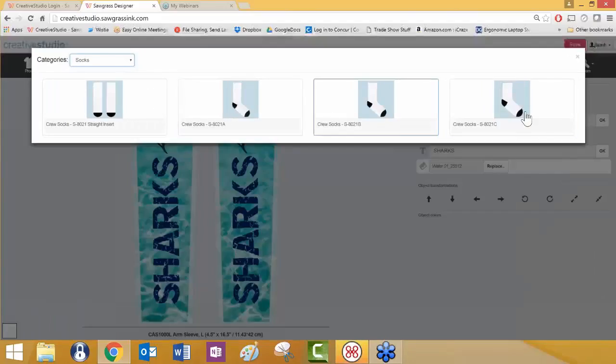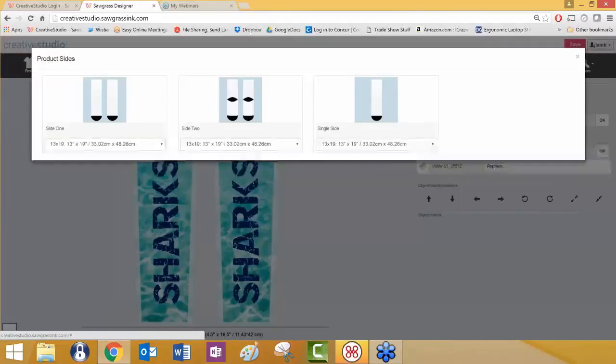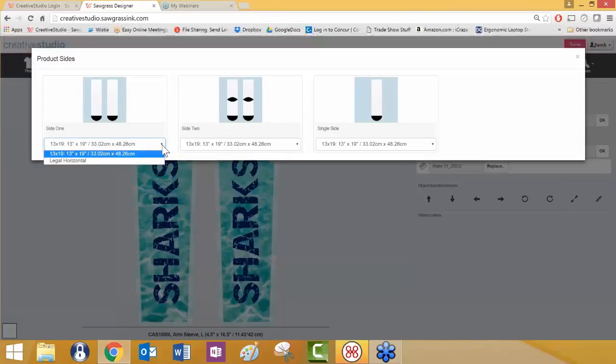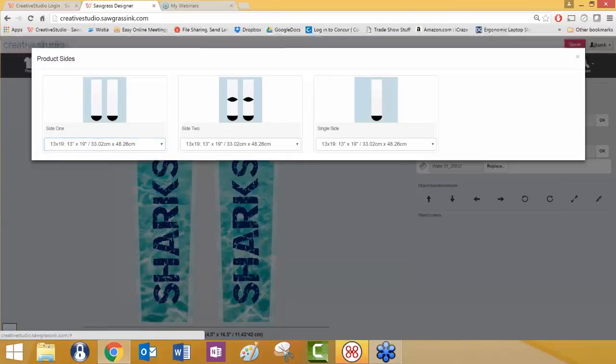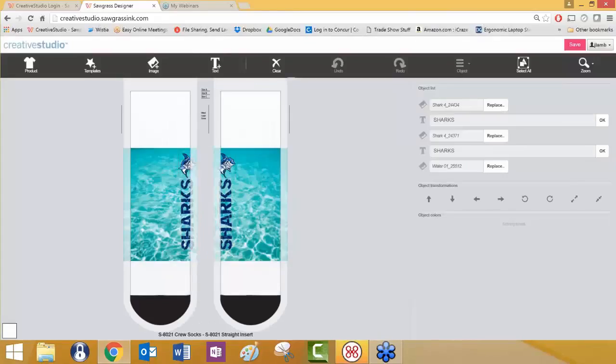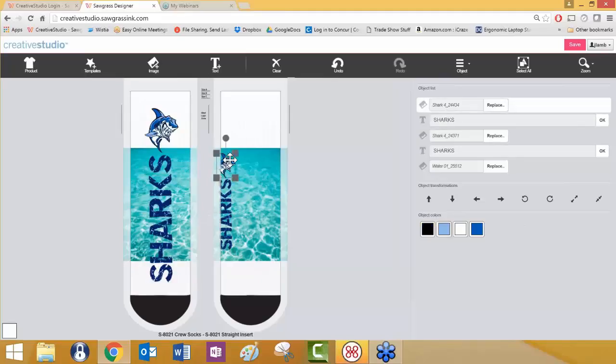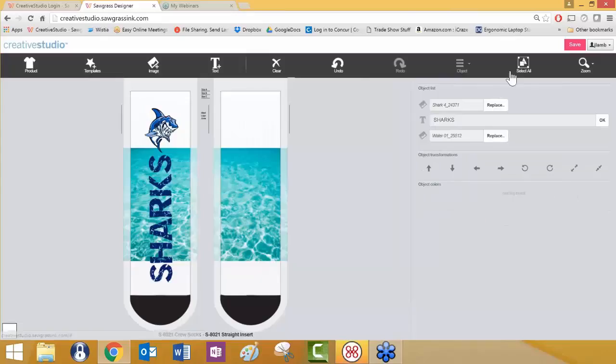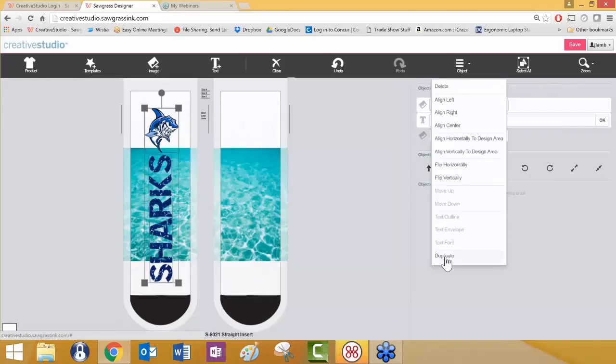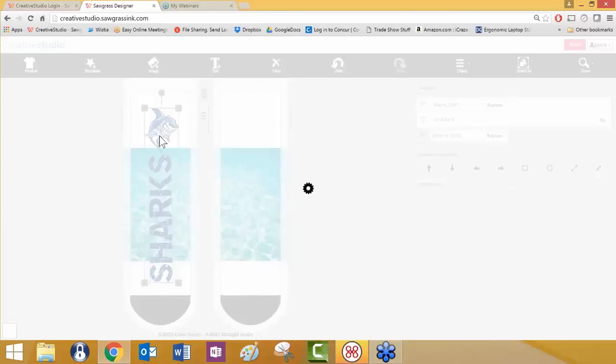You have a couple of different ways you set it up. I'm just going to use the straight insert, because you can tell by looking at it that it's pretty close to what we got there. And I'm going to go with the larger one. So what's going to happen is it's going to bring in the socks, but you can see pretty quick, hey, listen, this is not too difficult for me to resize and reformat to work for the socks. So I just simply made it larger. I can go all through that, but I find it easier and more accurate if I just delete that and then do that basic copy and paste and slide it over to the other sock,